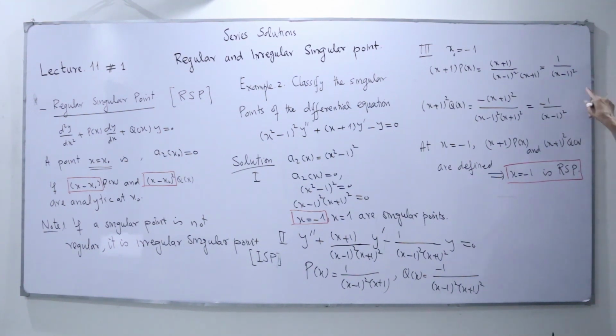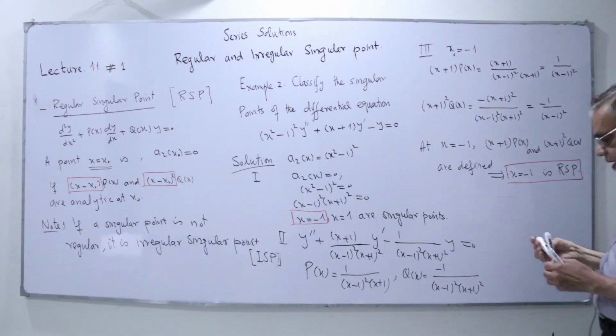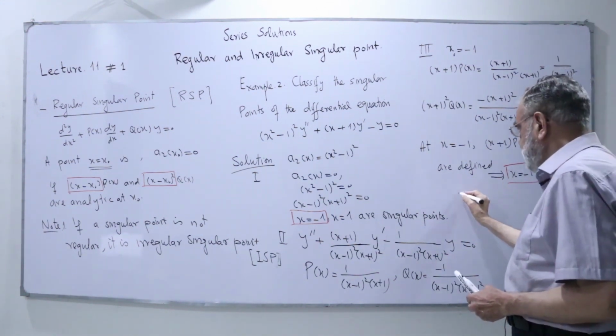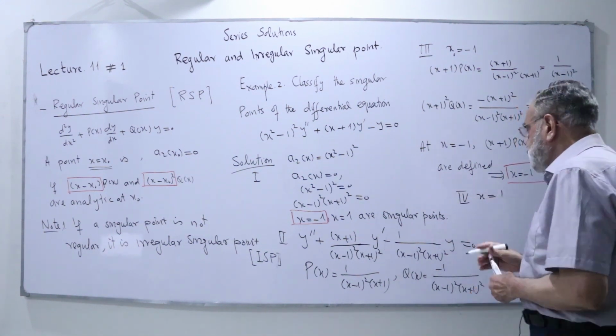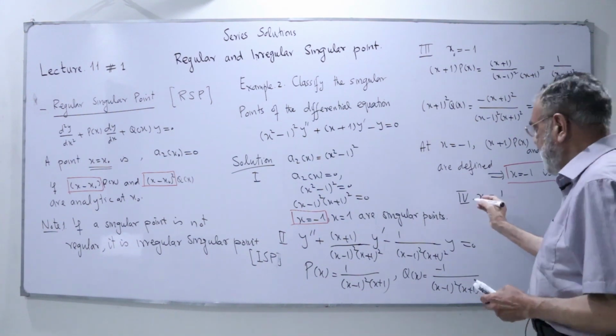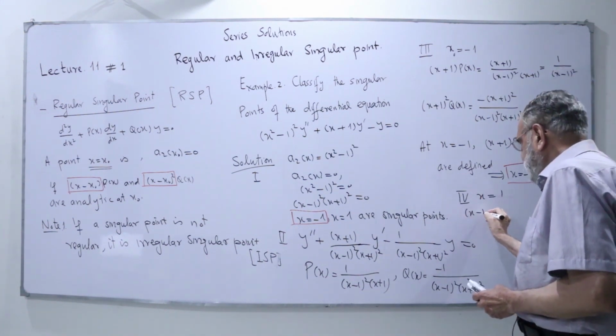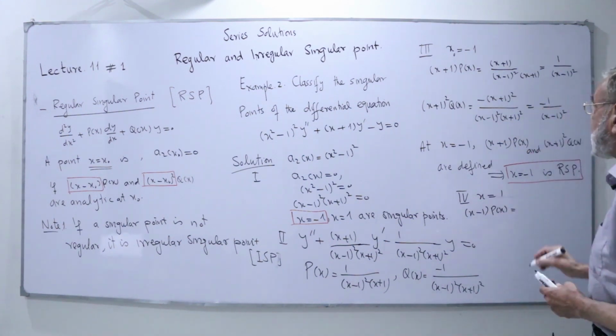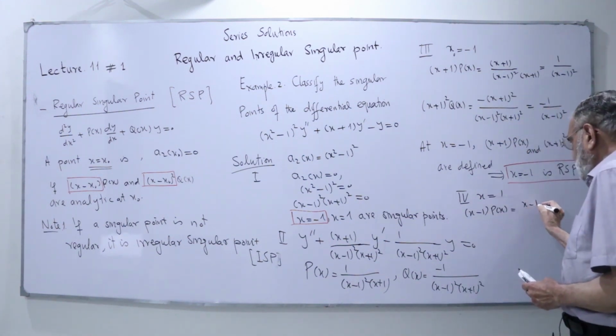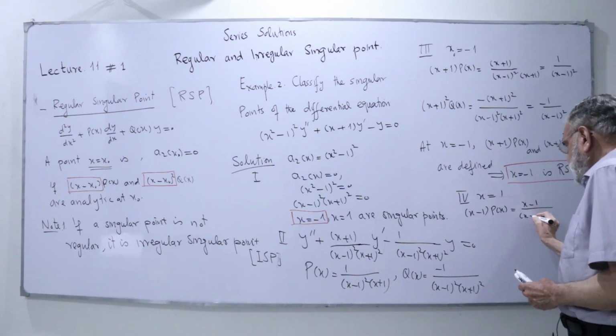When they are defined, they are analytic. When they are analytic, they are regular singular points. Now I take the last case, number 4, and we check whether x equal to 1 is a regular singular point or irregular. So we get x minus 1 times p of x, which equals x minus 1 over x plus 1